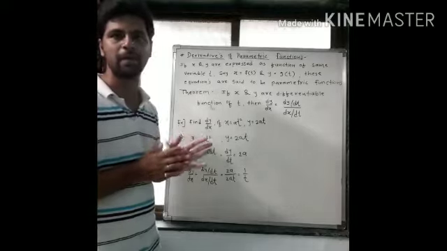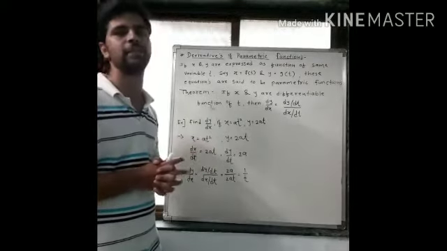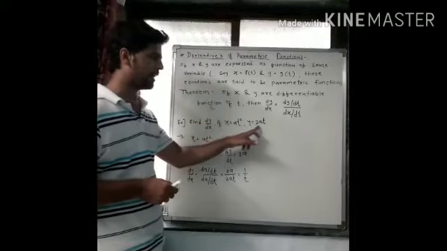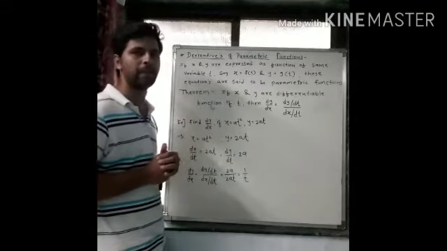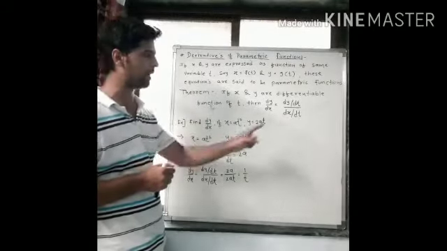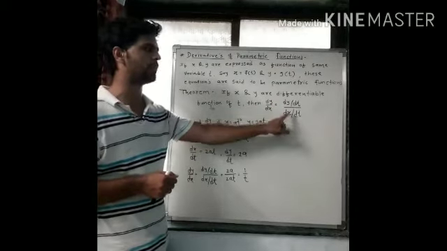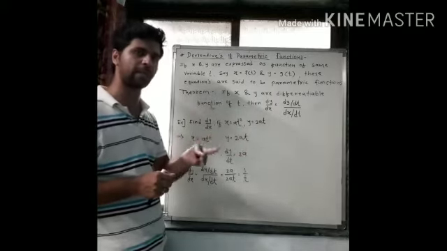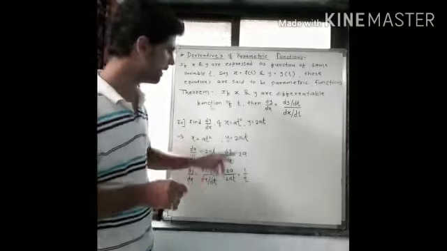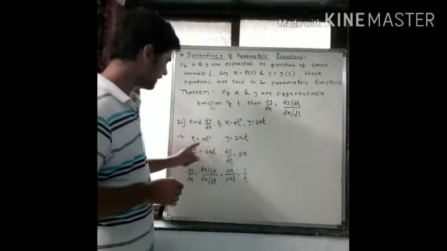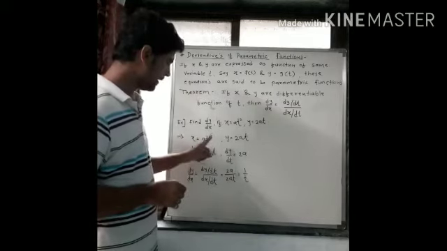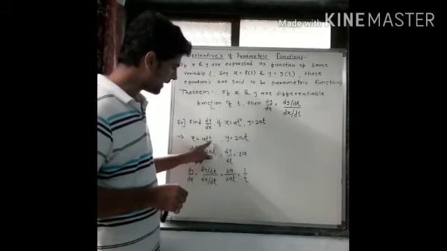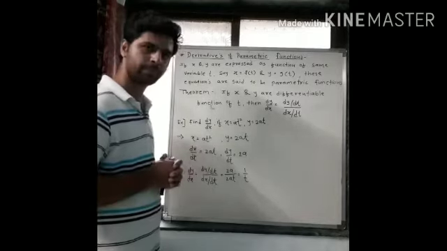Now let's see an example. In that example you will be clear how to differentiate this parametric function. Suppose x is a t square and y equal to 2 a t, and you have to find dy by dx. Don't forget the formula of dy by dx is dy by dt upon dx by dt. It means we'll differentiate x and y both functions separately with respect to t. So derivative of x with respect to t is dx by dt. Here a is constant, 2 is constant, so a will be as it is, and derivative of t square will be 2t, correct?